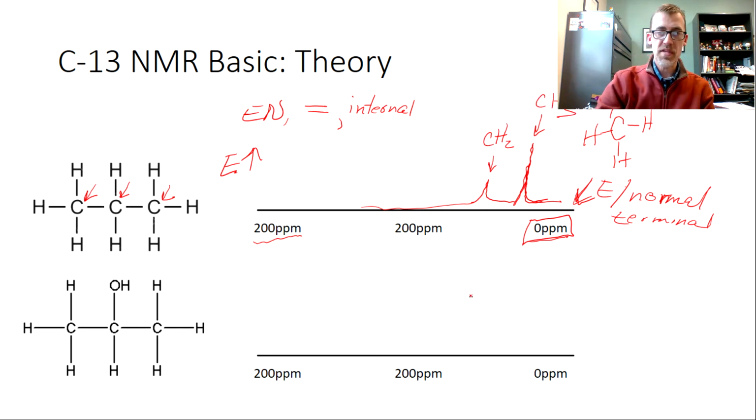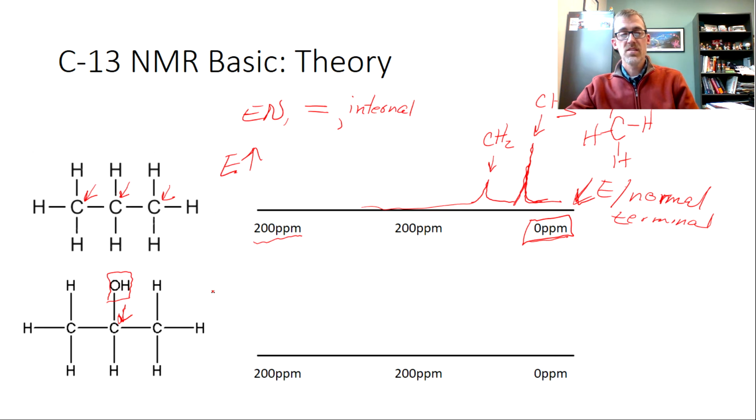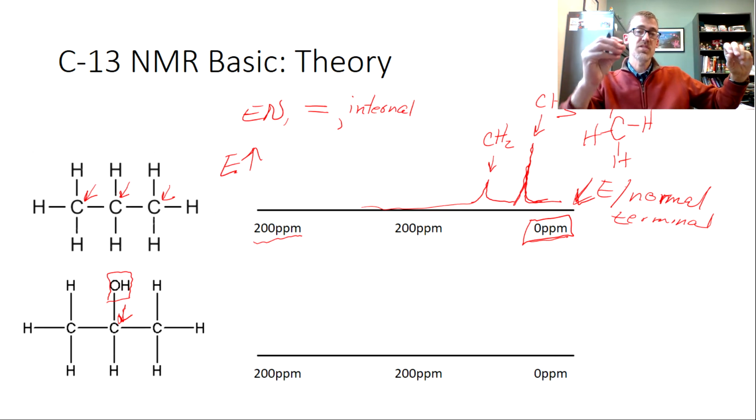Alright, so we would expect it to look like this. Alright, so let's make it a little more unusual. Let's replace a hydrogen on the center carbon with an alcohol group here, and that is going to cause things to move downfield. So the carbon that's right on, I'll start with carbon number 2. It has the alcohol on it. It's definitely withdrawing electron density away. That's going to get exposed to the external magnetic field. We're going to have more energy associated with it, and we'll probably see a peak